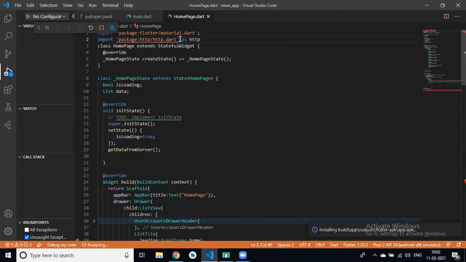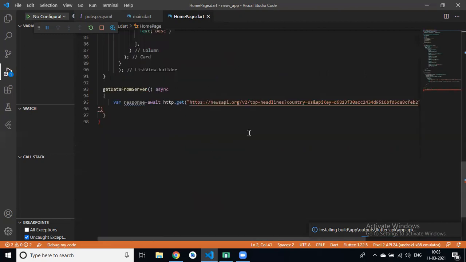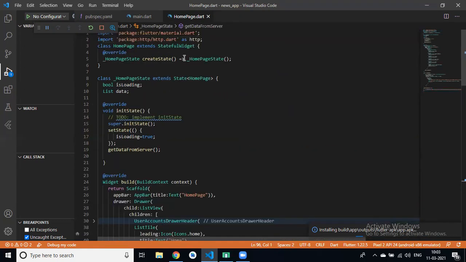What do you mean by add? Why do we use add HTTP? For the body, the widget will work as HTTP.